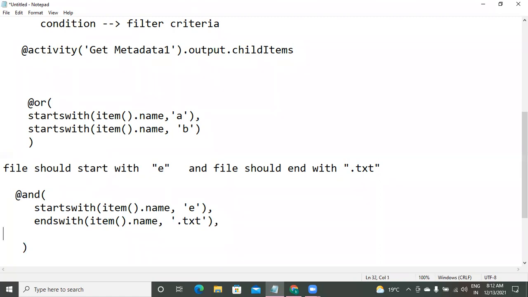And a third condition you want to give. Let this be just a concatenated result.